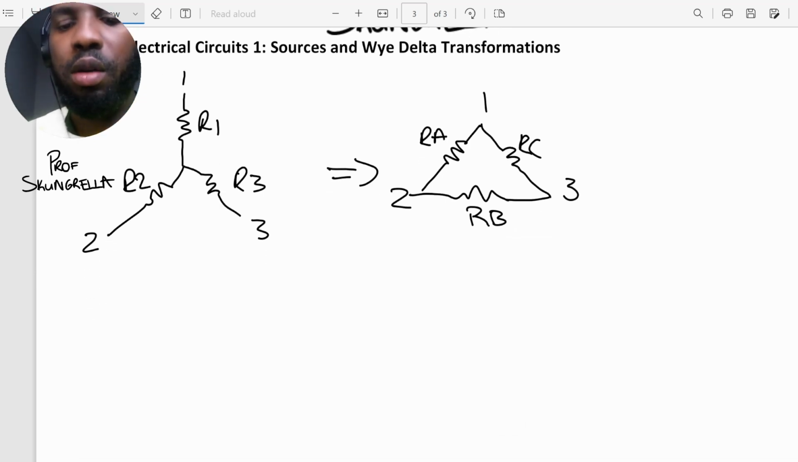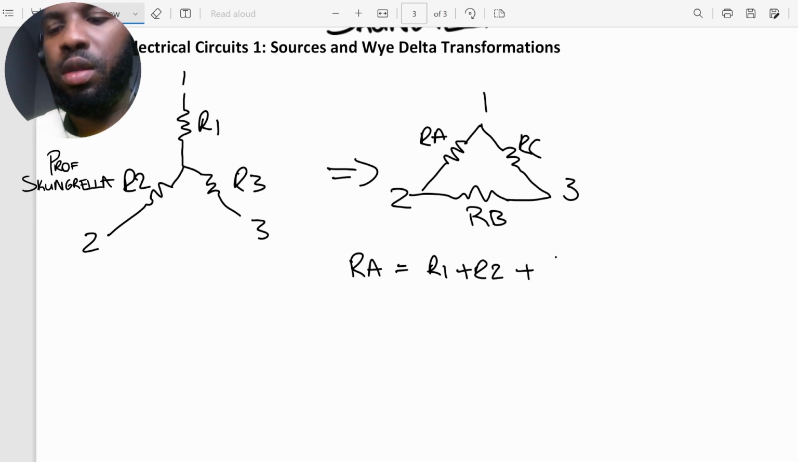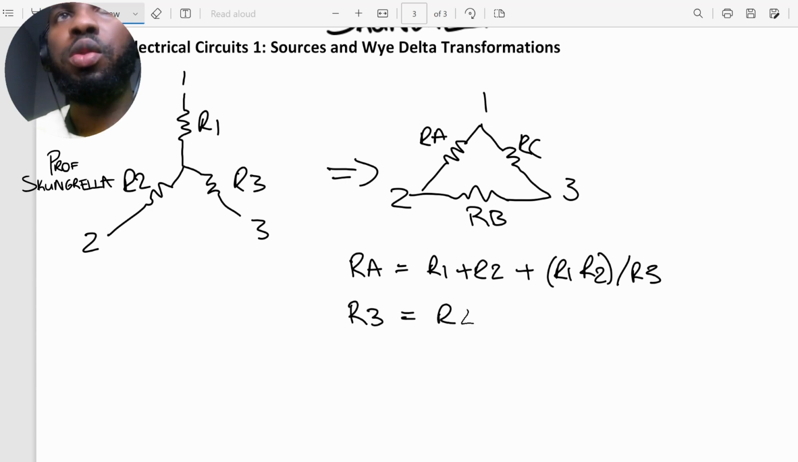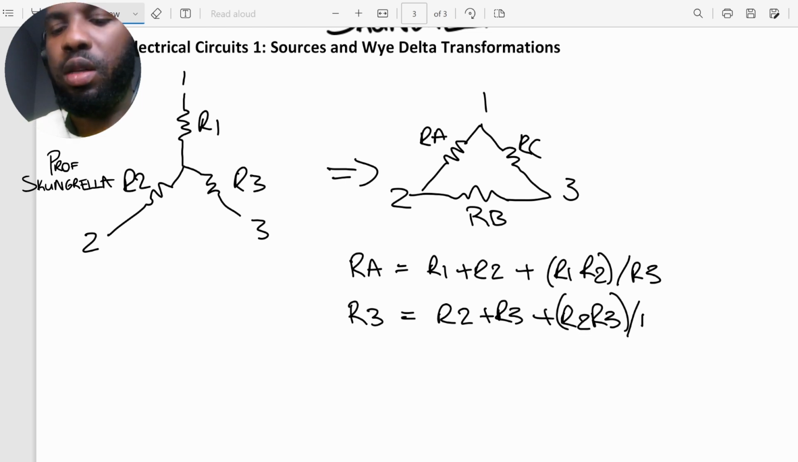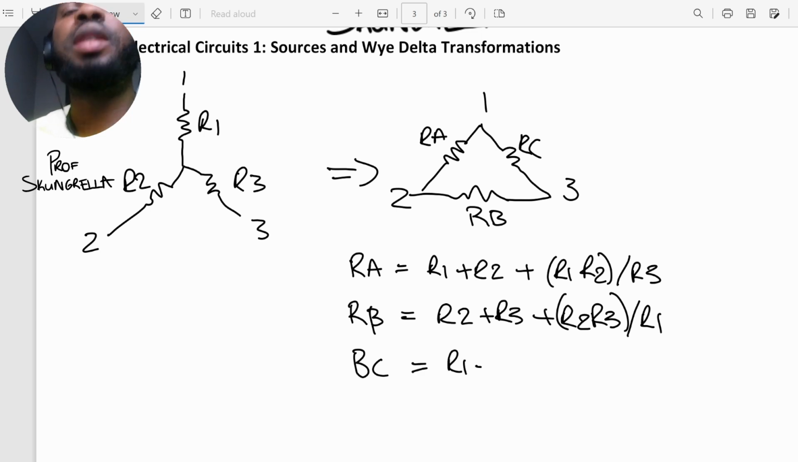RA is going to be equal to R1 plus R2 plus R1 times R2 divided by R3. And RB is going to be equal to R2 plus R3 plus R2 times R3 over R1. Likewise, RC is going to be equal to R1 plus R3 plus R1 times R3